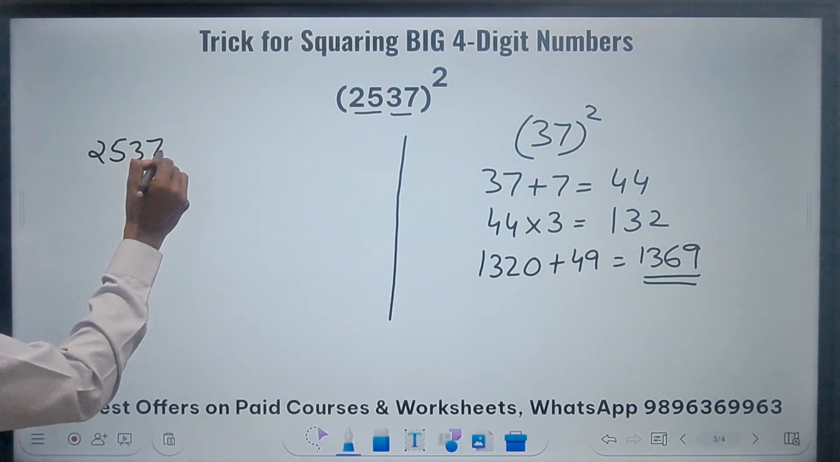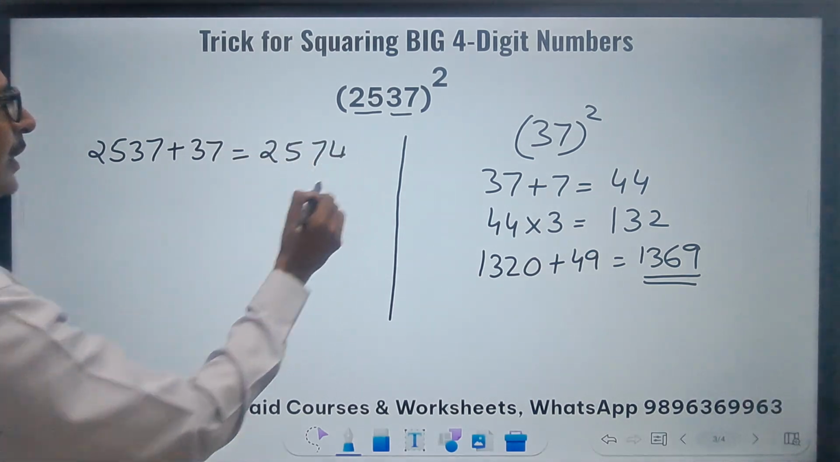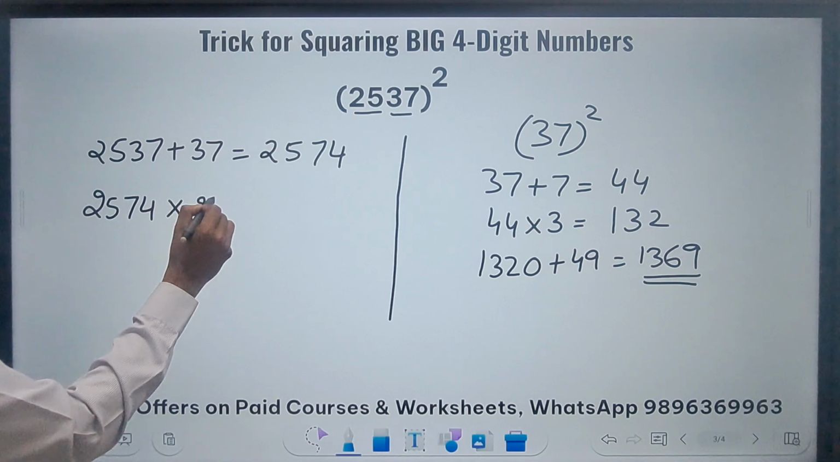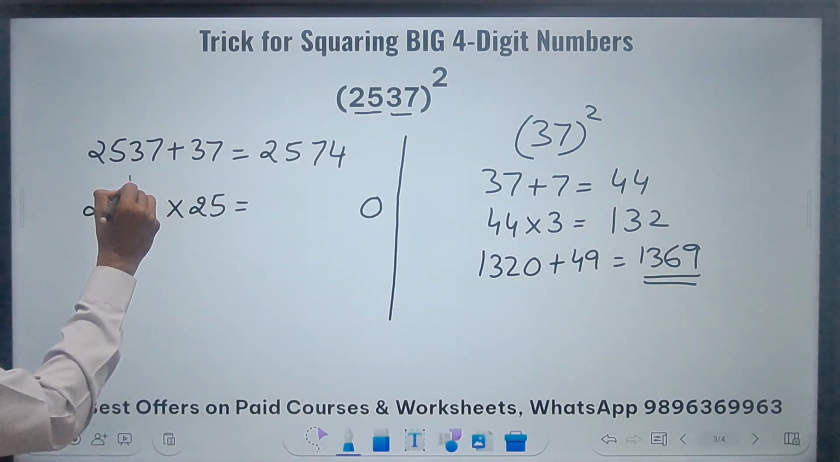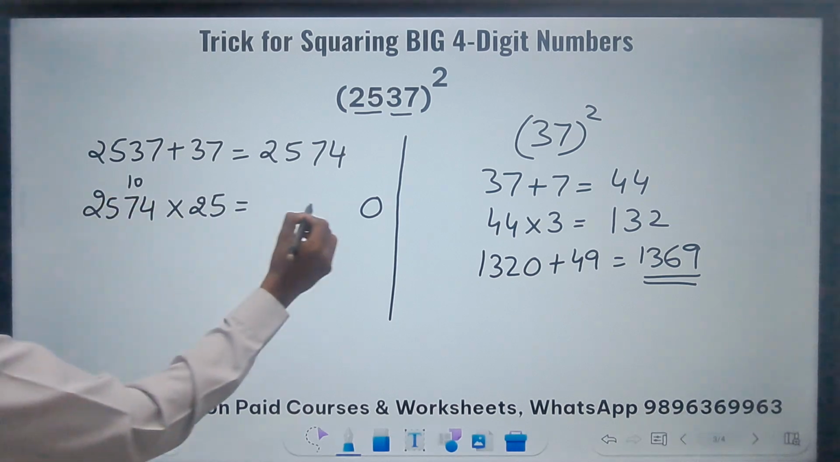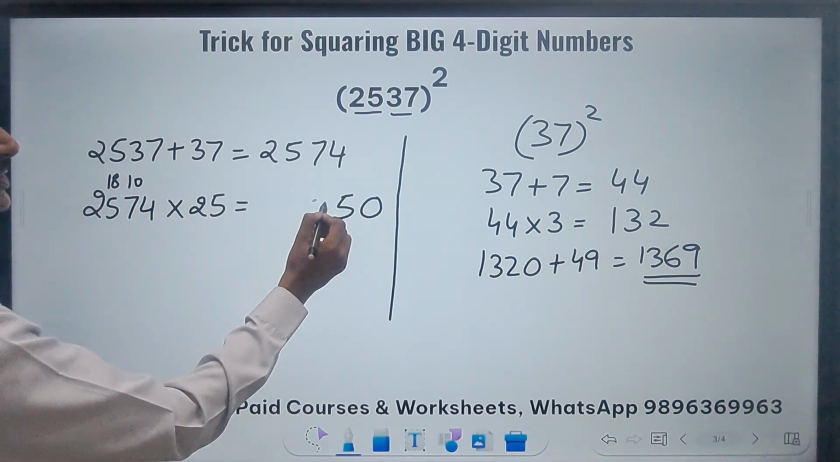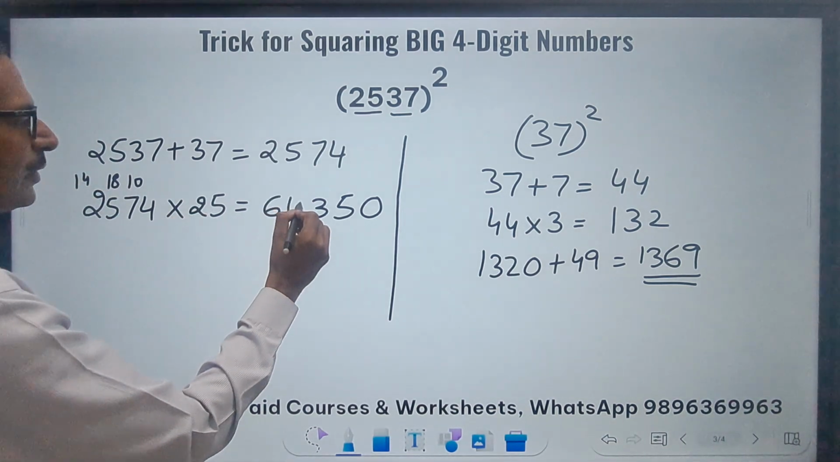Now 2537 is already there. Just add 37 to this, you get 2574. And when you multiply 2574 by the first doublet 25, you get 25 fours are 100, so 0 and a 10 carry. 175, 185, 5 and a 18 carry. 125, 143, so 3 and a 14 carry. And 50 plus 14 is 64. So you get